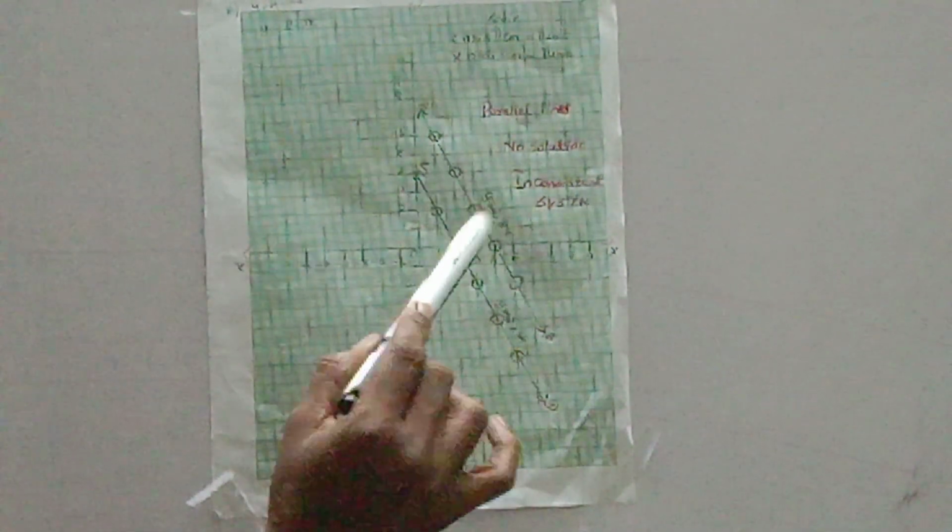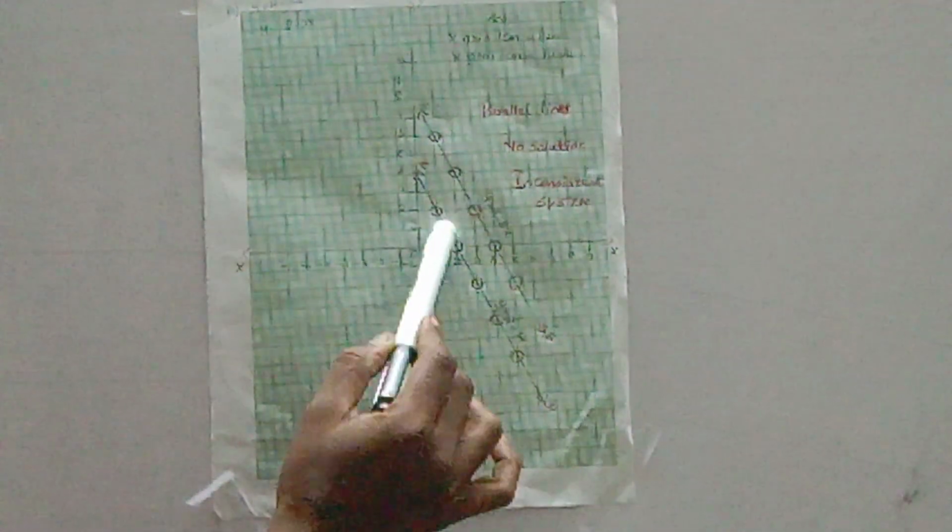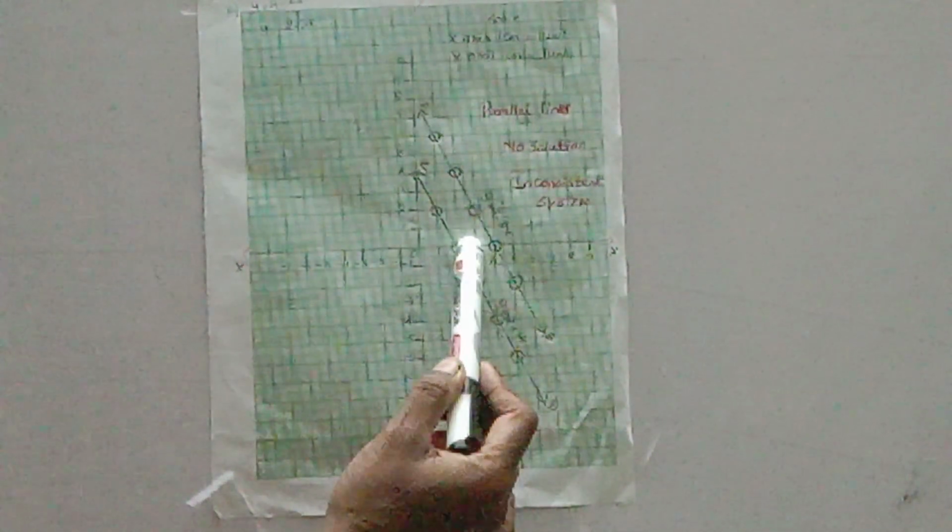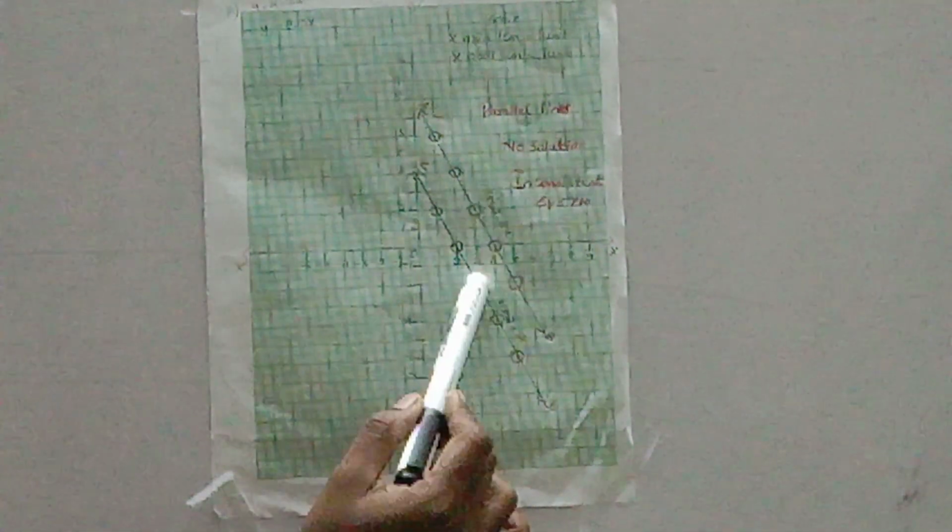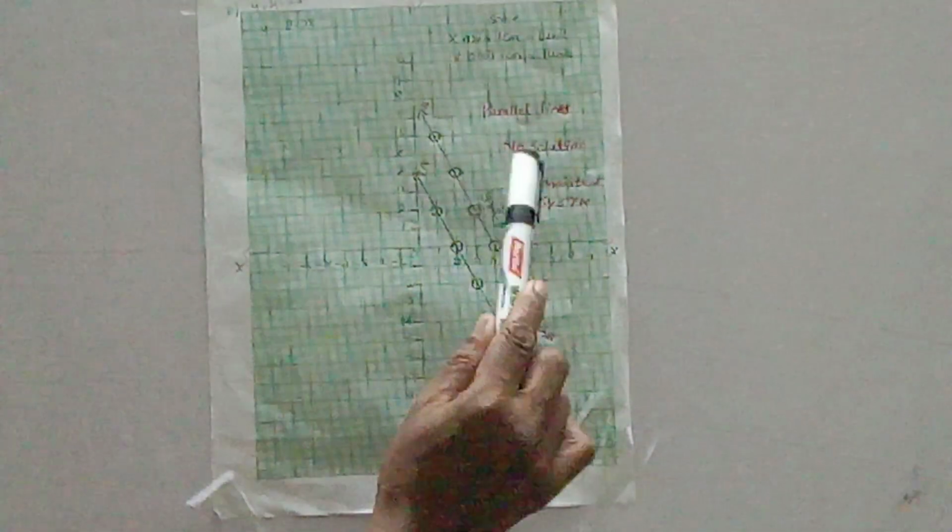After plotting all the points you write the coordinate points: 1 comma 2, 2 comma 0, 3 comma minus 2. Like that you have to write, and on the line you write the equation which you have found out. Finally, on your RHS side, you write: the two graphs are parallel, therefore we have no solution, therefore the system is called the inconsistent system. These are the things that have to come in your graph. Then only you will be able to get full marks. I think we have allotted 8 marks for the test.